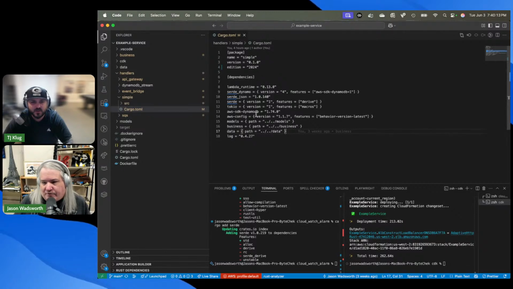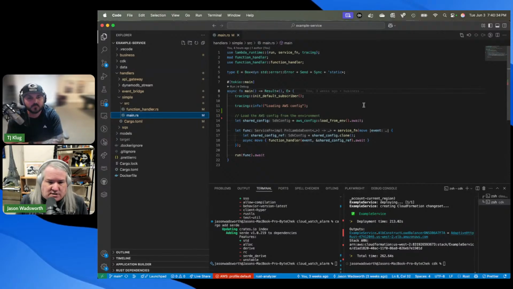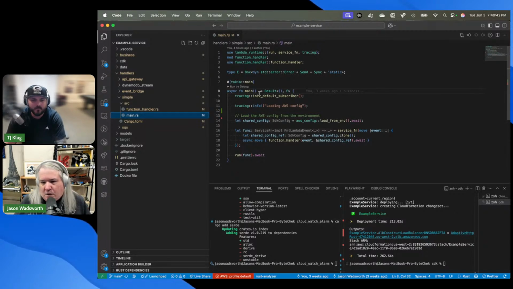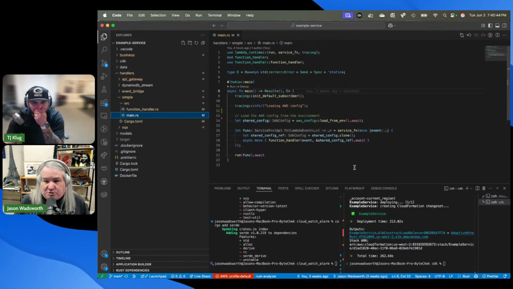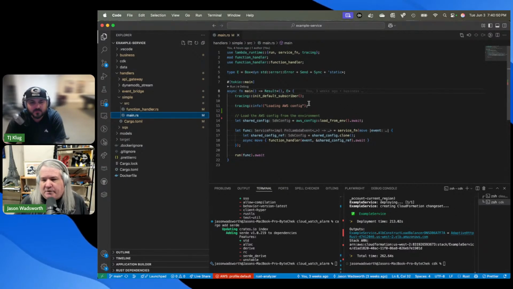So anyway, this has got references to the AWS SDK and all that stuff. What you'll notice is there's pretty much two types of things in Rust: a library and an executable. You can have both in the same thing. You'll see that a lot with little command line utility type things, where they'll have a library that exposes all their stuff via code, but then they'll have a main, like a CLI type thing. But the main is where things come in and actually do the work. And so this is, again, ultimately calling a Lambda function or being called by a Lambda function.